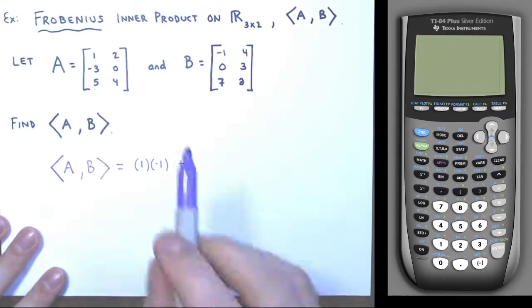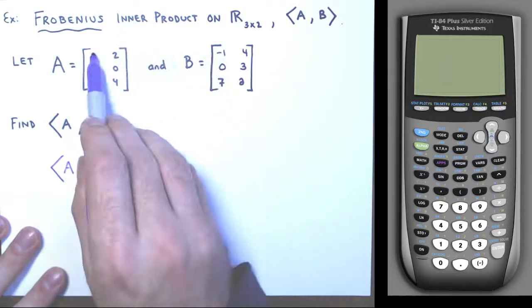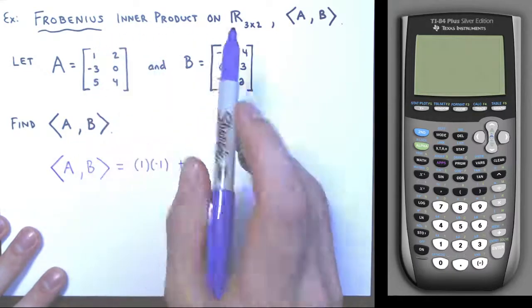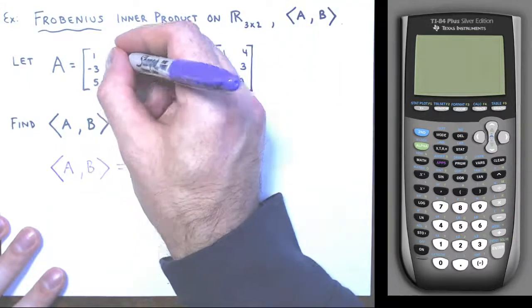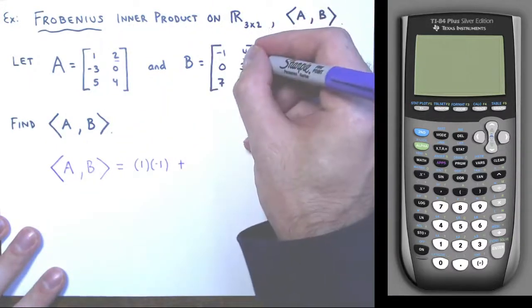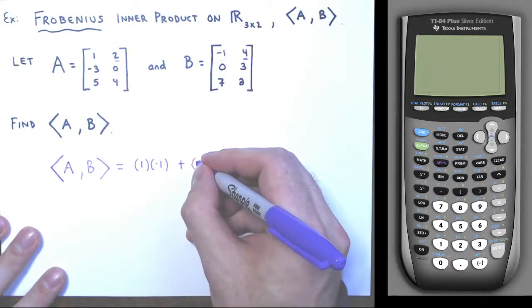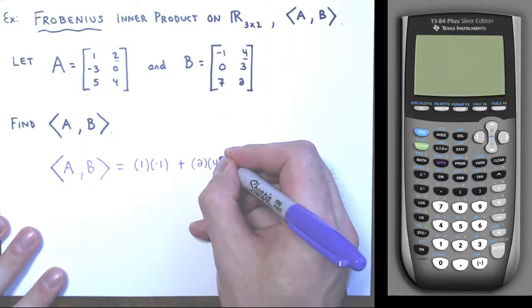I just multiply corresponding positions, corresponding entries, and then add those products. So first row, second column of A times the first row, second column of B, 2 times 4, plus